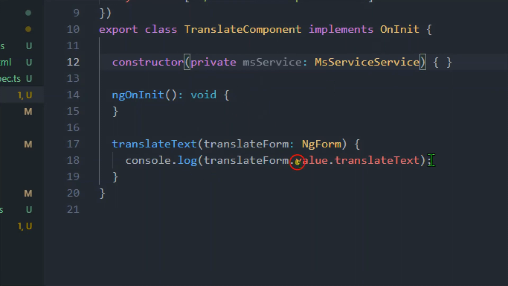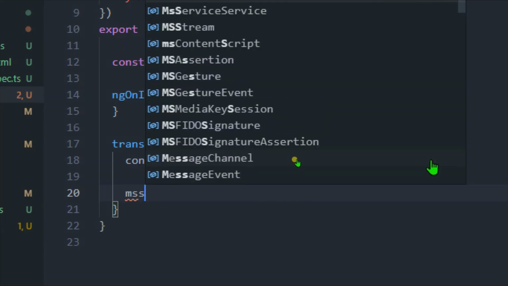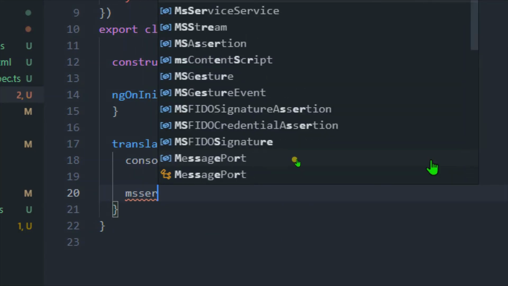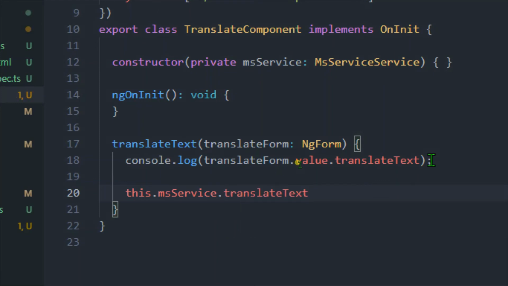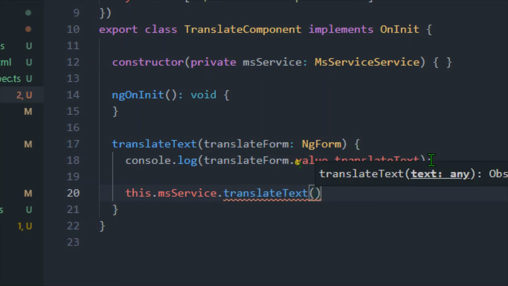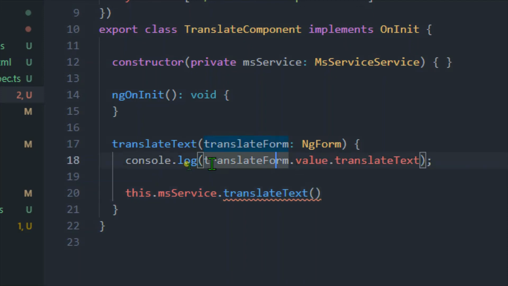And now let me call this service function. So msService dot translateText, and the text that we want to pass is this translateForm.value.translateText.